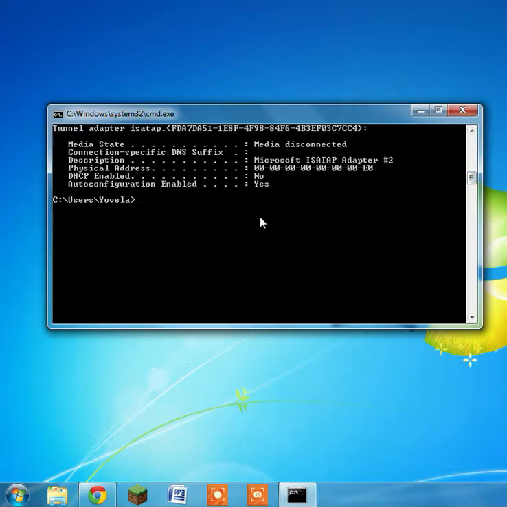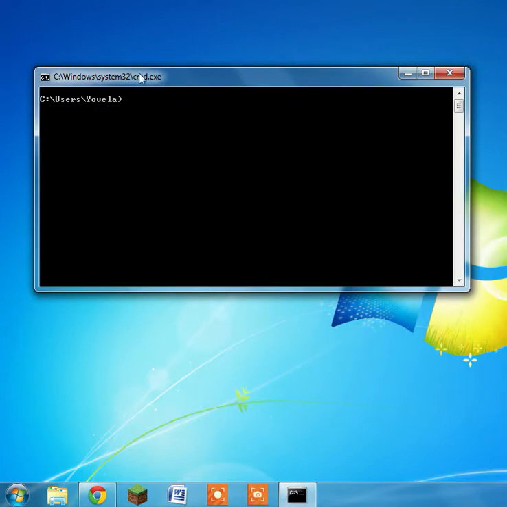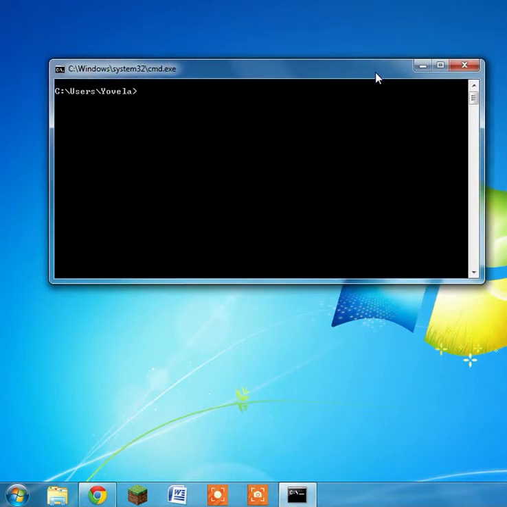We can go back down here and type in CLS again to clear our screen. And again, I covered the ipconfig, the CLS, and the ipconfig /all. Now there are a lot more commands you can use for troubleshooting. There's a number of commands you can use for modifying files. This was just a